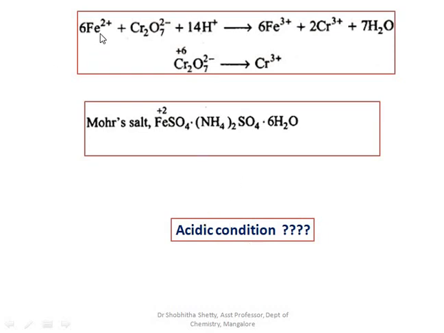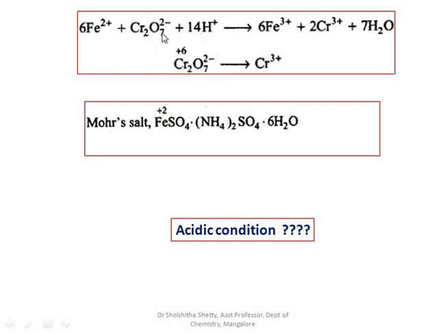So during the titration, what happens? Before we add potassium dichromate to the beaker which contains Mohr salt and sulfuric acid, there is no dichromate ion in the beaker, only ferrous ions are present. So before we add dichromate, the potential developed is with respect to the concentration of Fe2+ ion. As you go on adding dichromate, Fe2+ ions get converted to Fe3+. The first 0.5 ml you add, a few ions get converted to Fe3+ form. Next, again 0.5 ml you add.